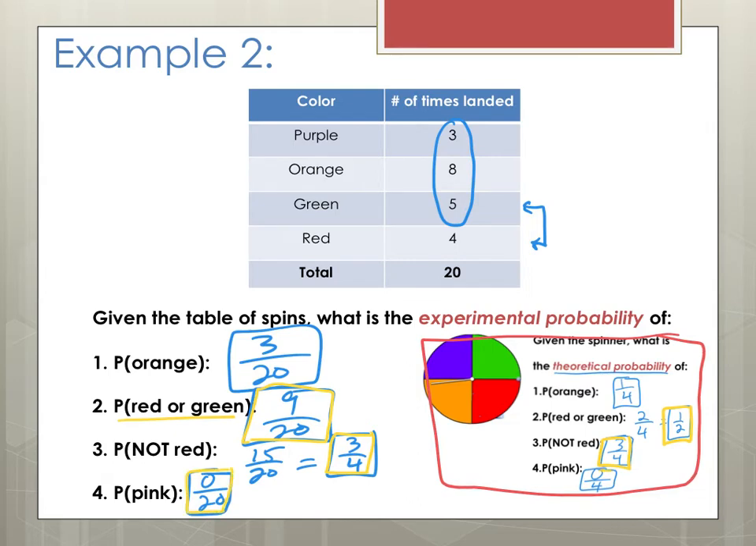Those can't happen on here, and we didn't see that happening in our experiment. So most of them are pretty close to the theoretical probability. And something in math called the law of large numbers,